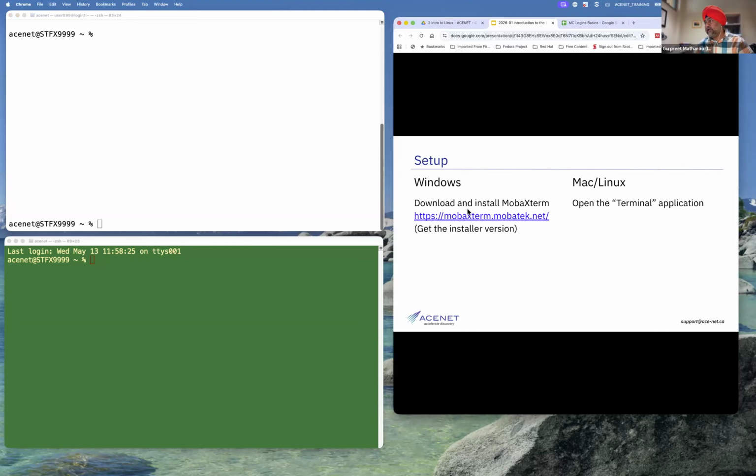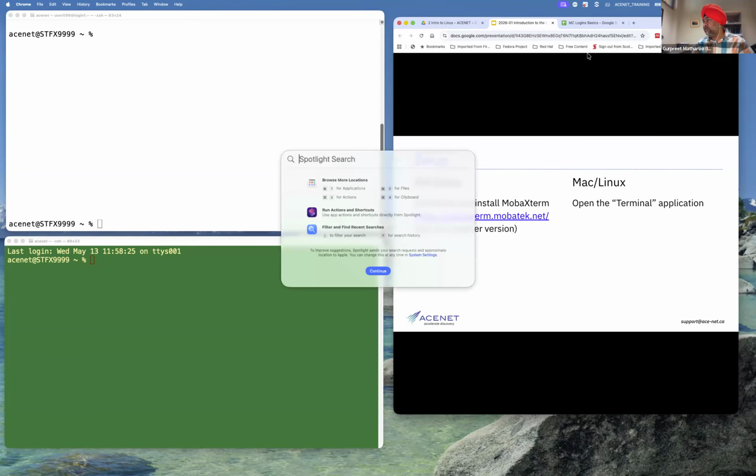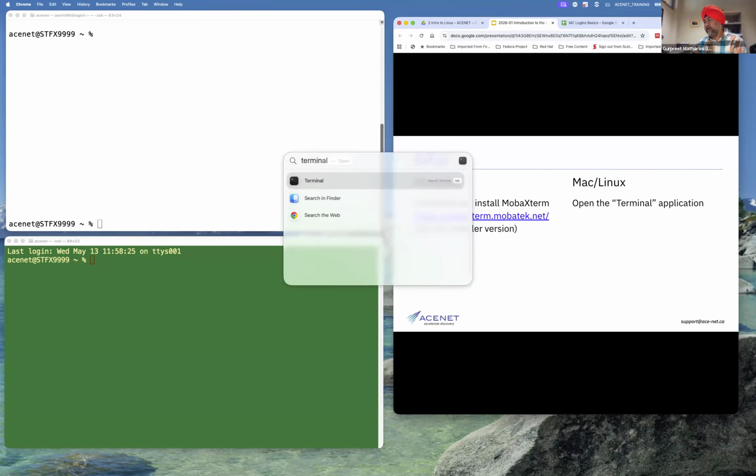But before that, I believe everyone has set up MobaXterm. So this is the time to open up MobaXterm. And if you have a Mac or a Linux machine, then it's sufficient to open up the terminal application. If you are on Mac, like I am, you can go to the search, on the Spotlight you can just type terminal and it will bring you to the hit over there.